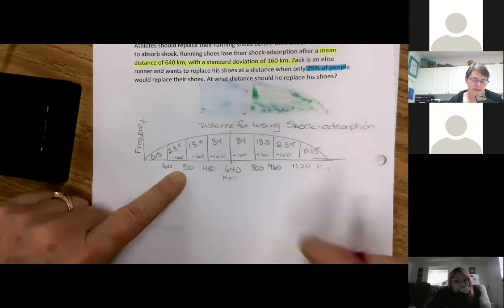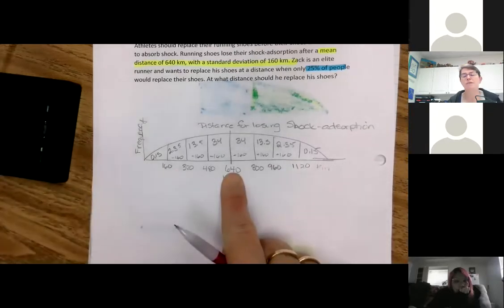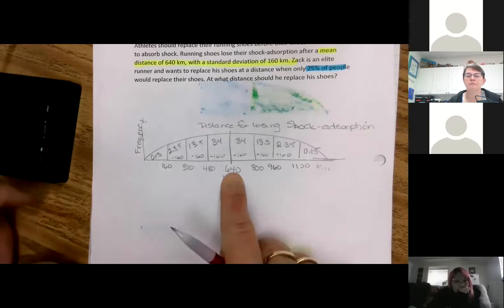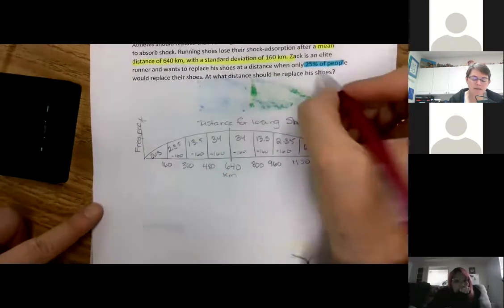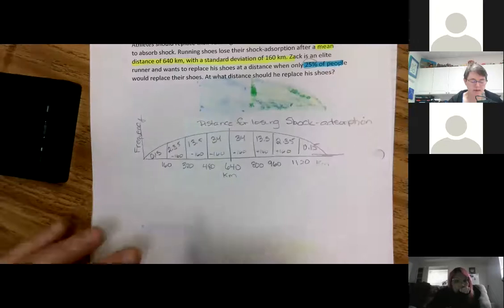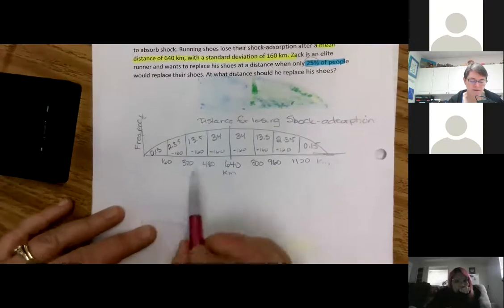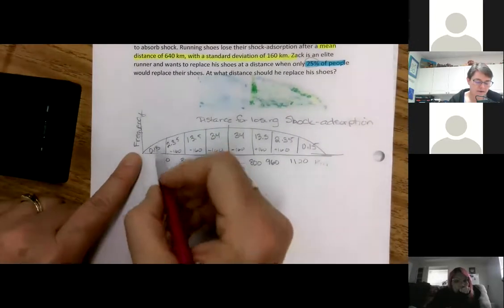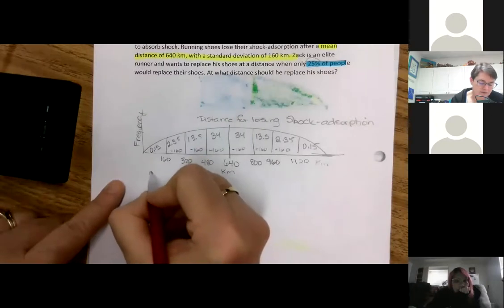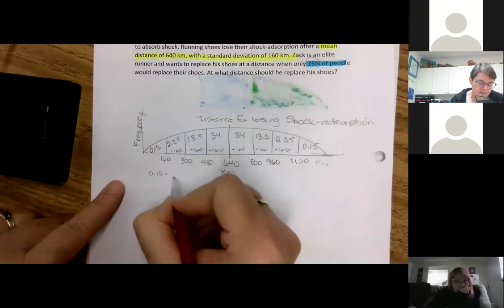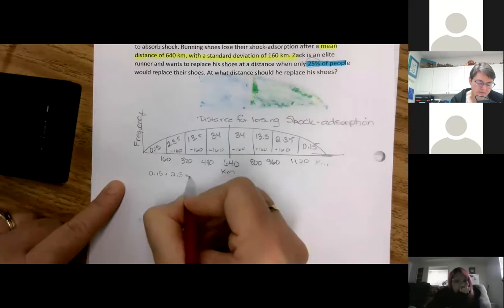So an easy way to say is at 640, half of the people will replace their shoes. But we want 25%, so we know 25% is going to be somewhere down here. But if we start adding 0.15 plus 2.35,